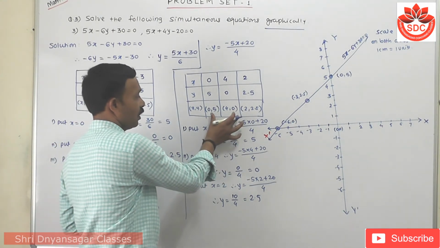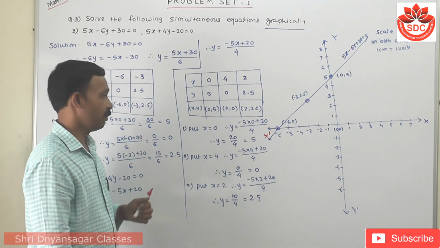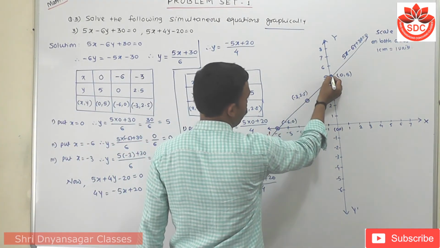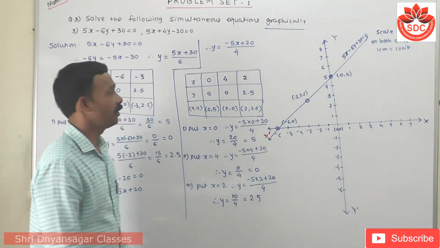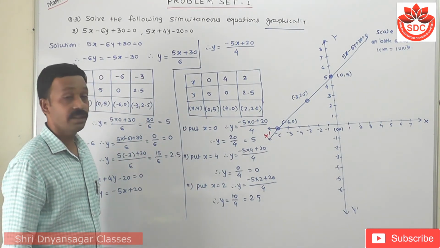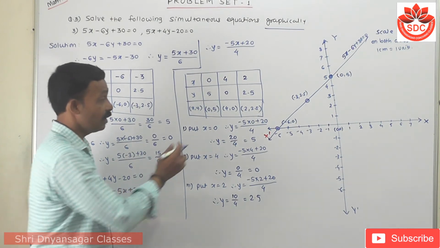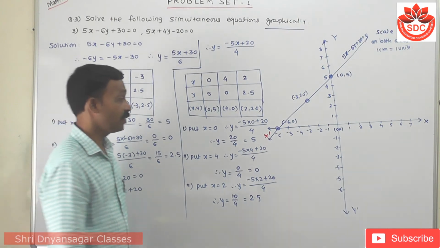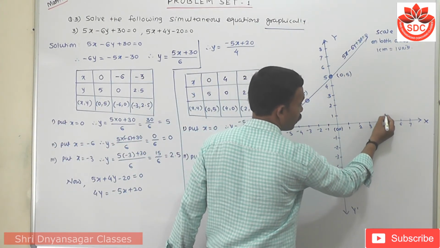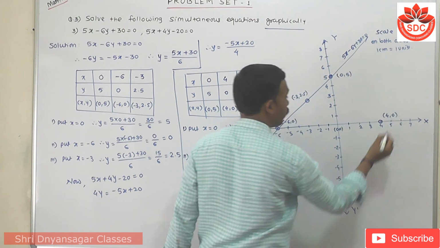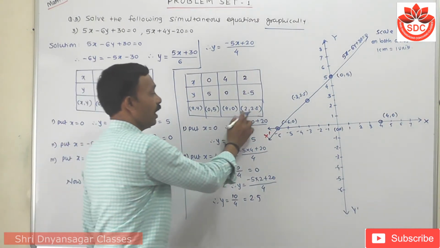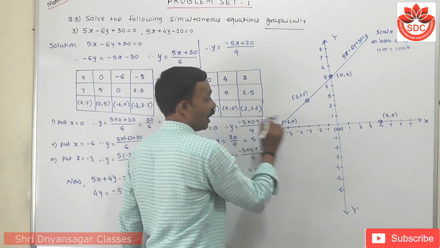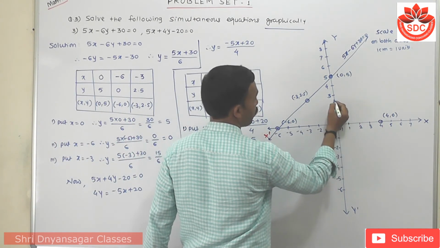Then we draw this graph by taking these ordered pairs. Now 0 and 5. Student, this is the common point, meaning this is 0 and 5. Also write here. Then the second one is 4 and 0, where this is the x coordinate and this is the y coordinate, so the point lies on the positive x axis. So I have to write here this point is 4 and 0. Then here is 2 and 2.5, both having positive signs, meaning it lies in the first quadrant. So first I have taken here x coordinate 2 and here 2.5.